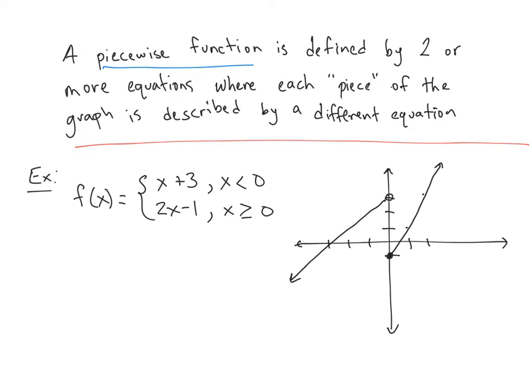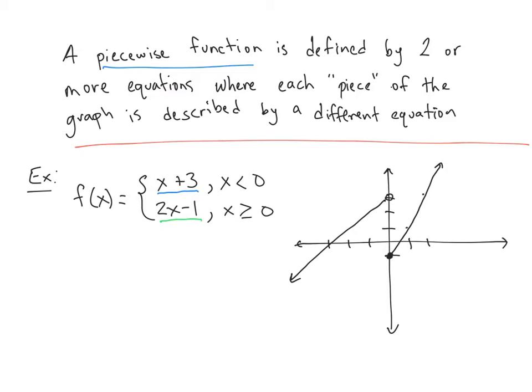All right, I'm going to take a look at just showing you what a piecewise function would look like with its graph right next to it so you can see the pieces, because I think you see the pieces easiest from the graph, even though that's not going to be our main focus for today. But for a piecewise function, it's going to have two pieces. So you can see instead of having just f of x equals like x plus 3 like we would have on the first one, we have f of x equals x plus 3. And we'd read this f of x equals x plus 3 when, so that comma is like a when x is less than 0. And f of x is equal to 2x minus 1 when x is greater than or